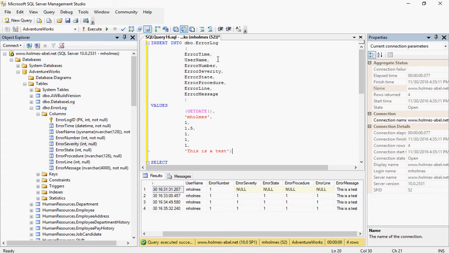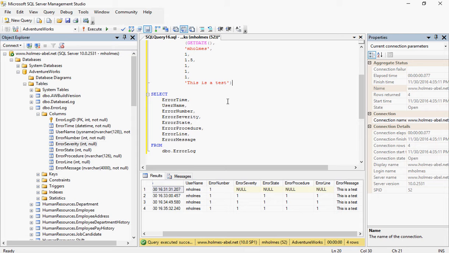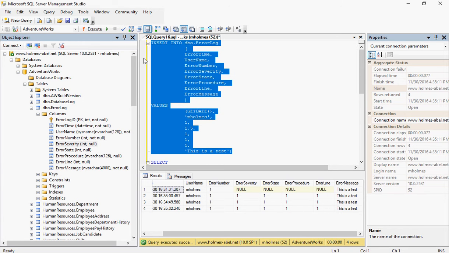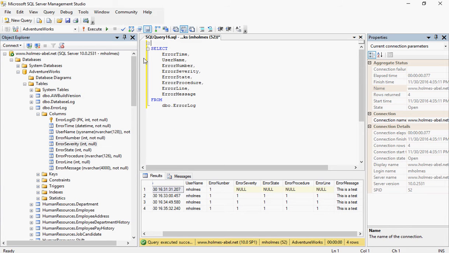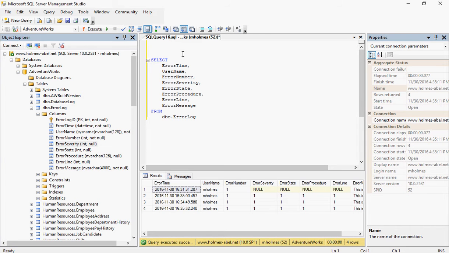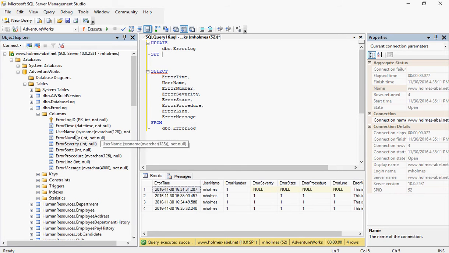or we were creating an insert query, I'm sorry. So we have all this data now in there. What happens if I want to update? Let's say I made a mistake. So what we want to do here is use the keyword update. And then it wants to know what table do you want to update? So we want to update this, and then we want to set something to something. So I want to update the error severity